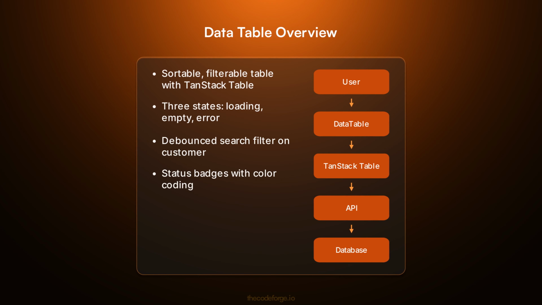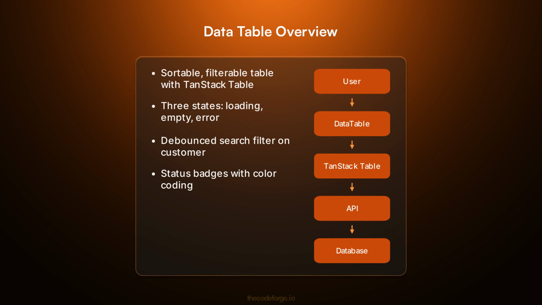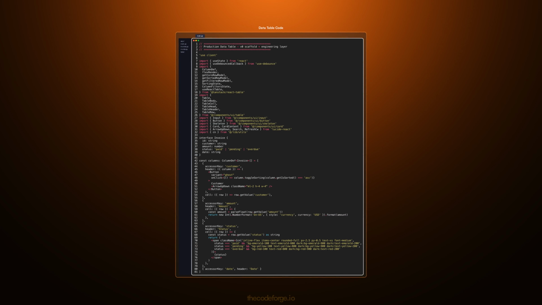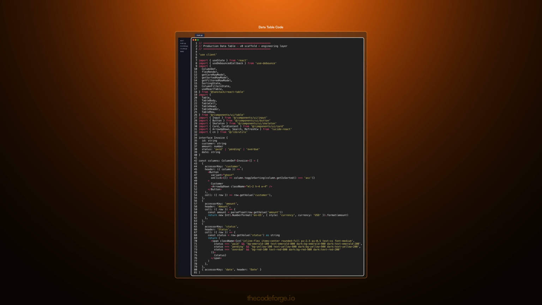Our first component is a sortable, filterable data table. It uses TanStack Table for sorting and filtering, and we explicitly handle loading, empty, and error states. Here's the full production data table component. Notice we define the columns with sorting and formatting, and we import skeleton, card, and other UI primitives for our